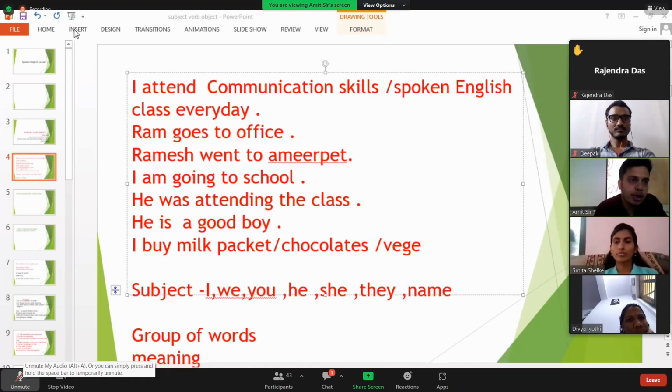So I hope now you got this point. In order to proceed with the sentence, you just have to have the subject first, followed by verb, then followed by object. But in case of questioning, I mean interrogative sentences, it differs, and those things we'll discuss in our tenses. So just make a note of this.